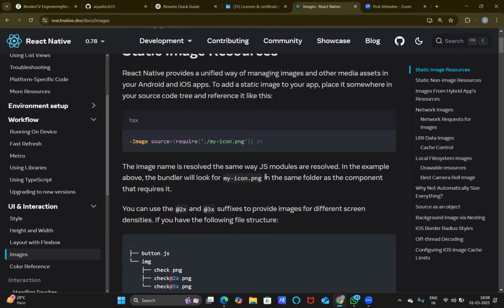And during rebundling, at certain times there is an issue that the image you are providing will not be displayed on the screen, although the URL which you provided is correct. Now the concern related to this is that Expo is a worldwide